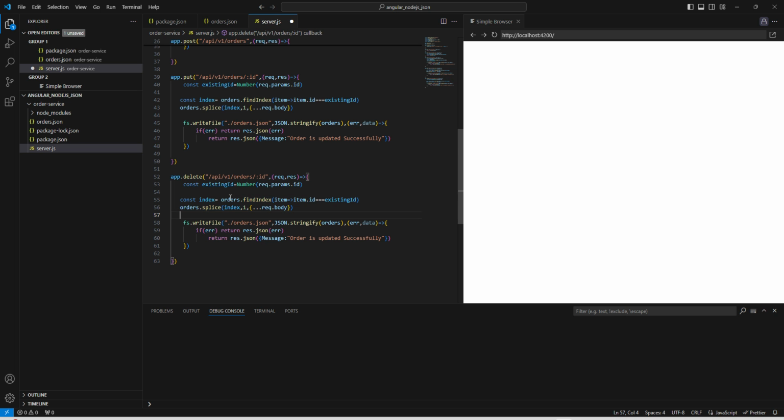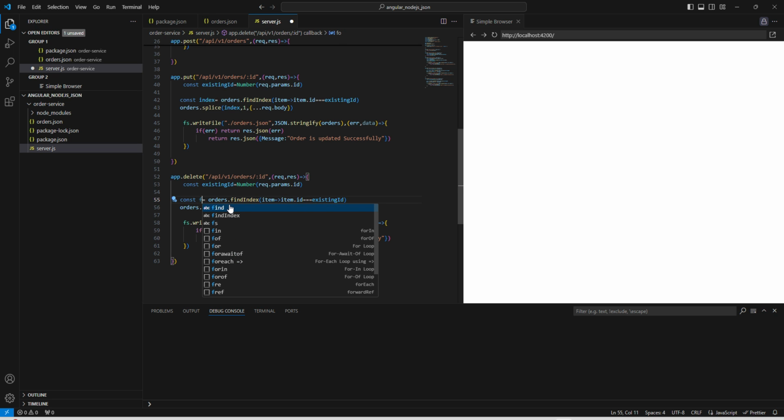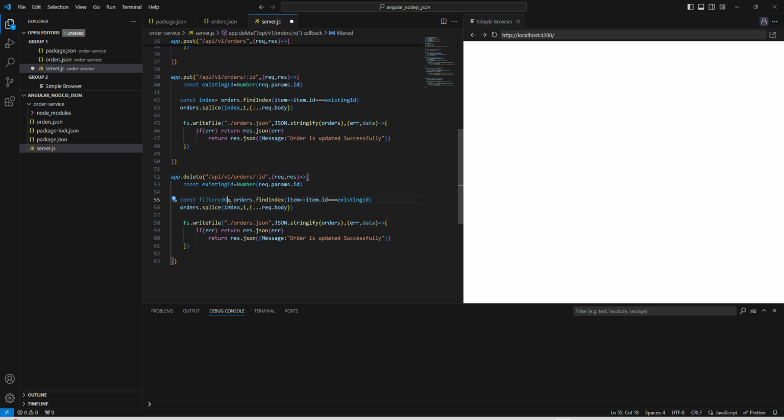Now here for delete, we can take, let's say, filtered orders, and here we can filter, and filtering on atom, where atom is not equal to existing atom. This is the input atom. We can say it's an input ID,